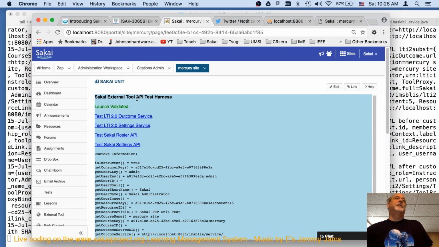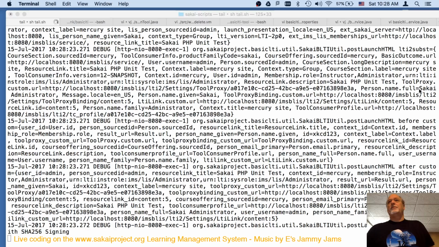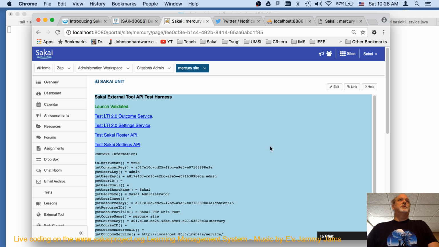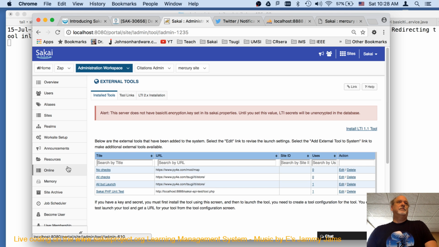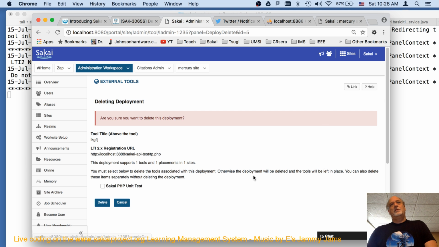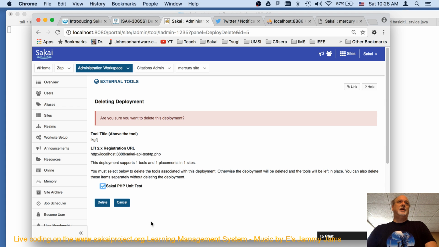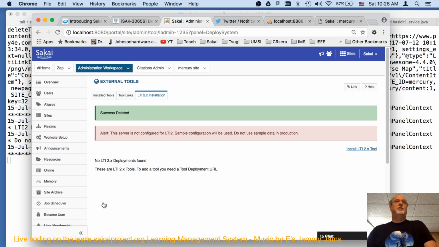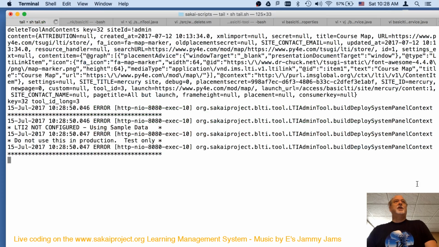Okay, so now what I'm really hoping to get is a whole bunch of debug output. I'll hit this delete button. And this is going to be pretty chatty. It's going to take me a while. Or maybe it's not very chatty.